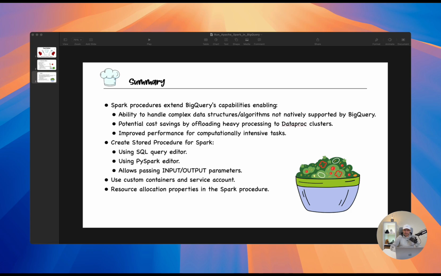Throughout the video, we discovered how Spark procedures extend BigQuery capabilities, handling data processing not natively supported by BigQuery. At the end, I would like to share my own impressions after spending some time working with the Spark procedures. Offloading heavy processing from BigQuery to Dataproc can offer a considerable benefit of cost savings, as well as improved performance